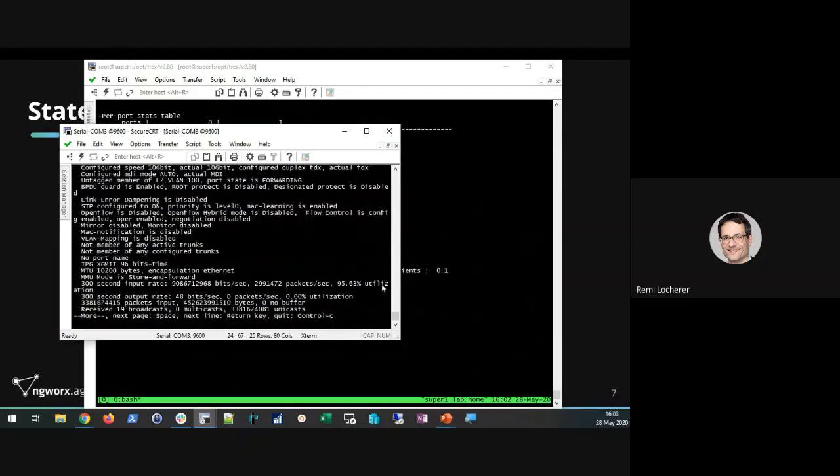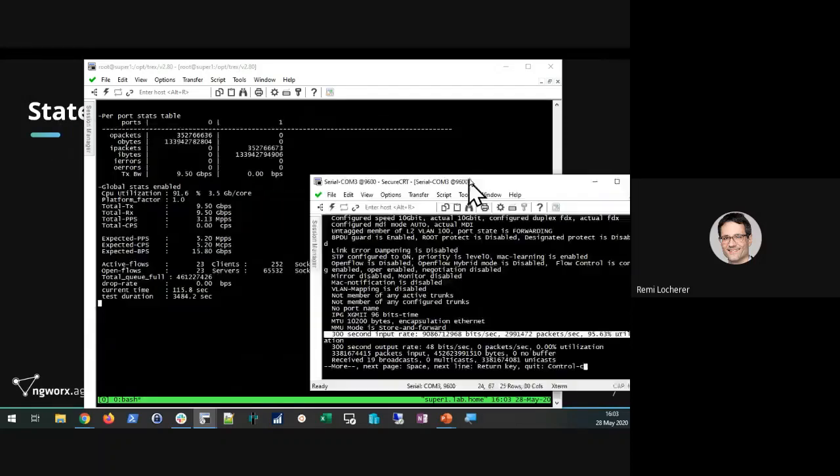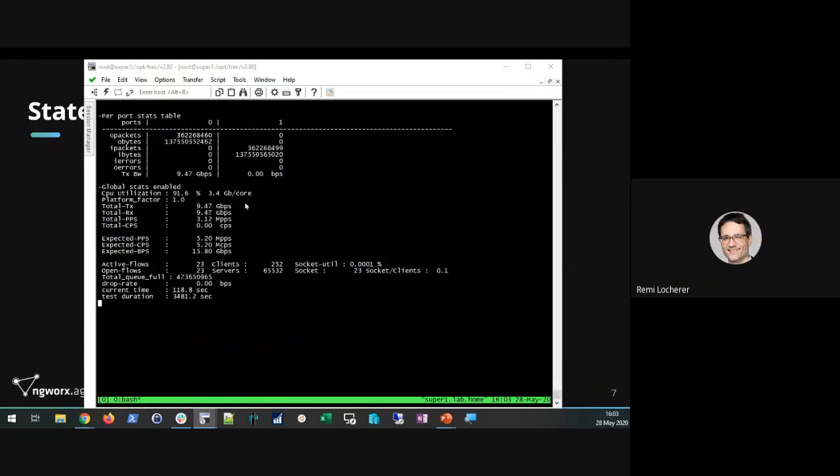And we should actually see it tells us it's now 95% utilized. And actually, this is also what makes sense if you look at these numbers. So the transmit and receive bits are also 9.5 gigabits. So yeah, that matches. This is always important if you start such a test, that you actually check the counters